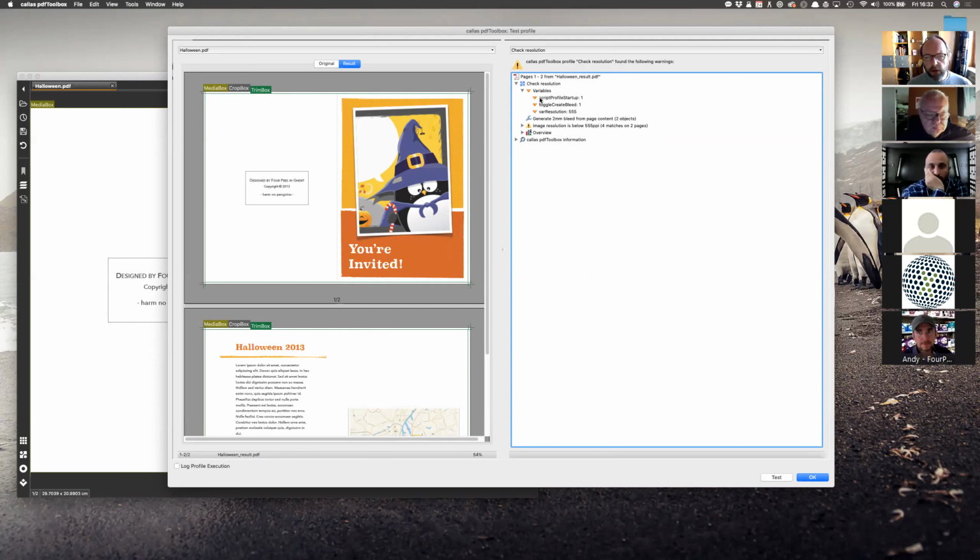And you can also see script profile startup and the value that I returned there, 1 or true. This return value is not used by pdfToolbox, but it is always visible under this variables item. So it can be useful to return false or true, depending on how your script goes. At least you can then see if there was a problem